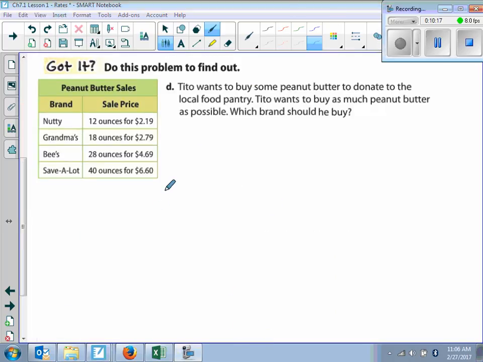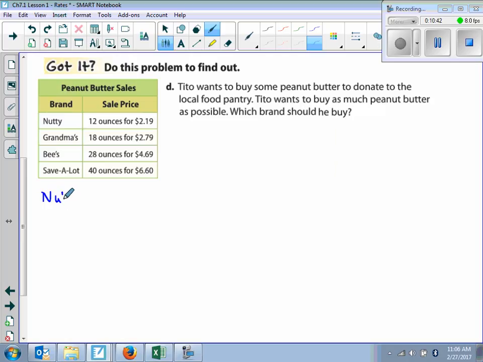All right. So Tito wants to buy some peanut butter to donate to the local food pantry. Tito wants to buy as much peanut butter as possible. Which brand should he buy? So in other words, he wants to buy the cheapest one so he can buy the most, right? Okay. So we want to see which one is the cheapest. So here we have for Nutty,